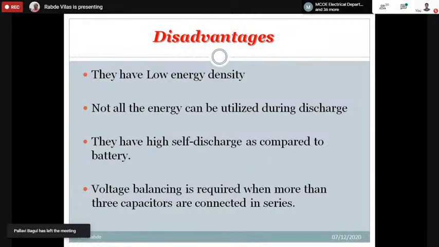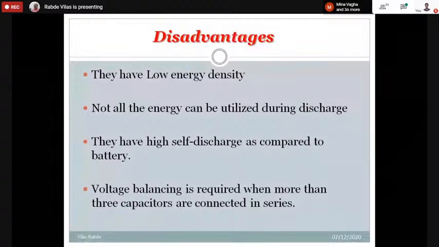Not all the energy can be utilized during the discharge. So you cannot completely discharge the supercapacitor. Otherwise, it will create damage, because next charge cycle it will have a very high inrush current. They also have high self-discharge as compared to the battery. Because of this mechanical construction of double layer, it has got a self-leakage, you can say, and self-discharge. So it goes down. Though I have experimented and found charge even after a month or so also within acceptable